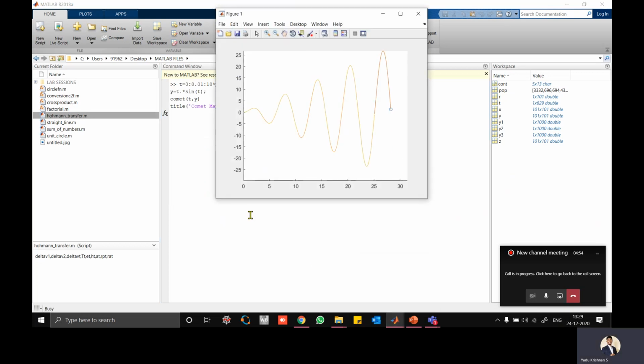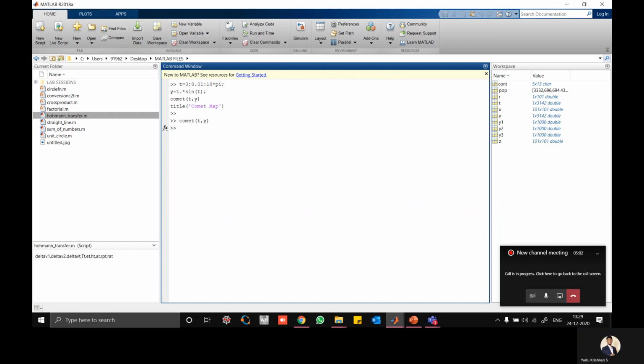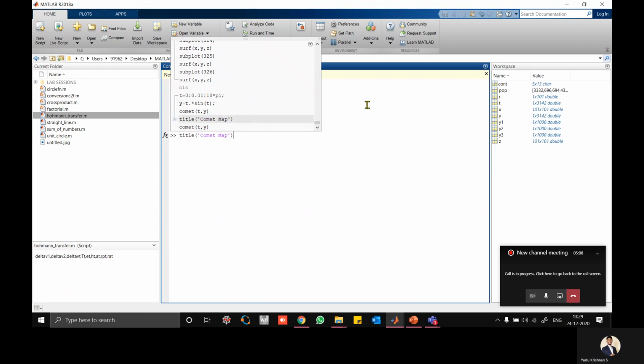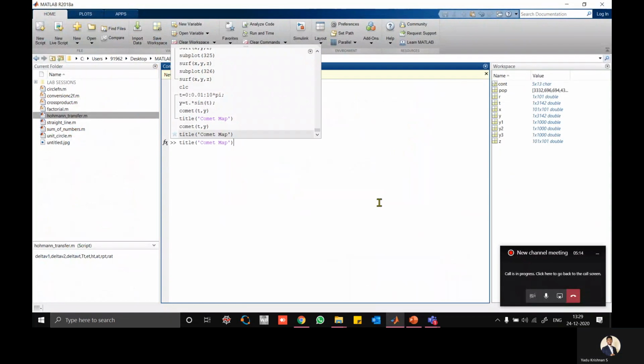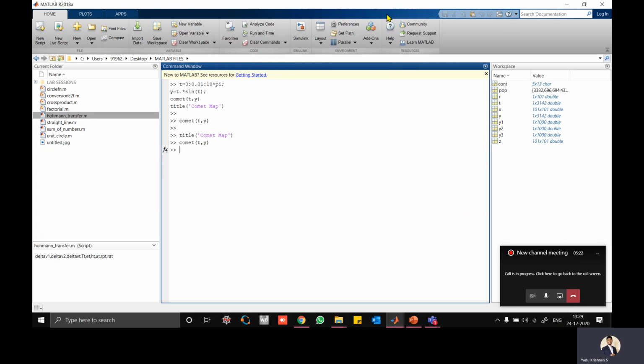Ready? See here. Did you see that? It is moving very fast. I'll show you once again. You see that it's going very fast, right? We can actually reduce the speed also. If you are exploring more into this comet, you can see that we can reduce the speed of the comet.